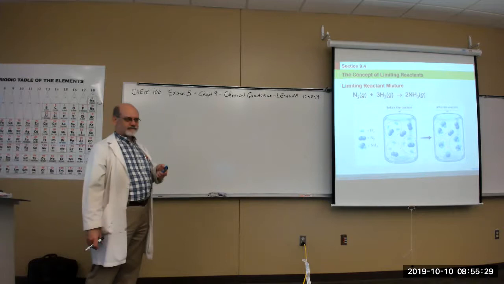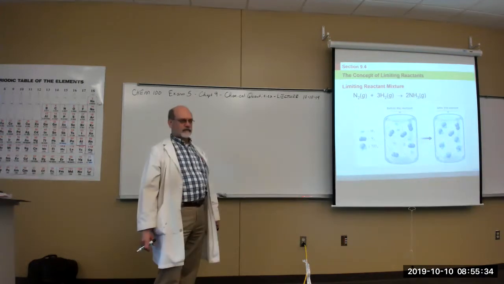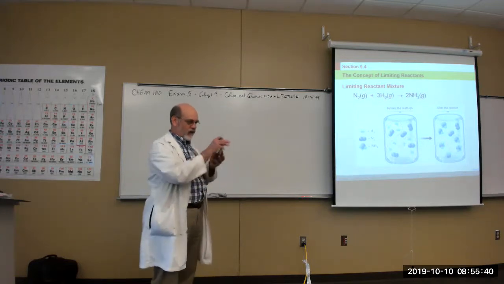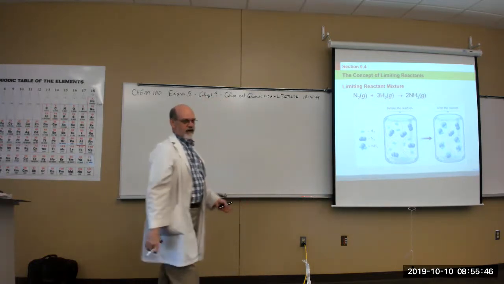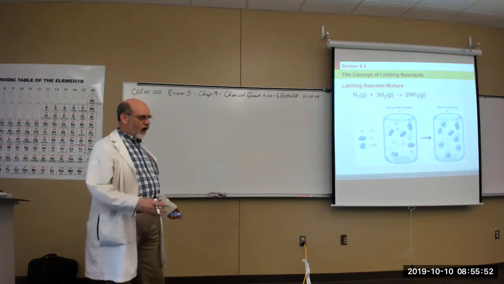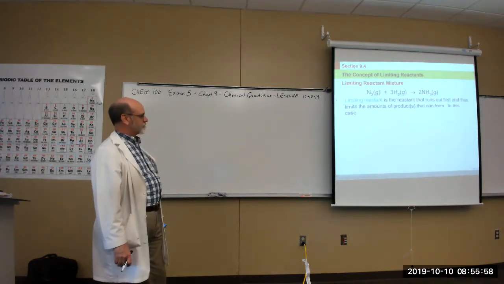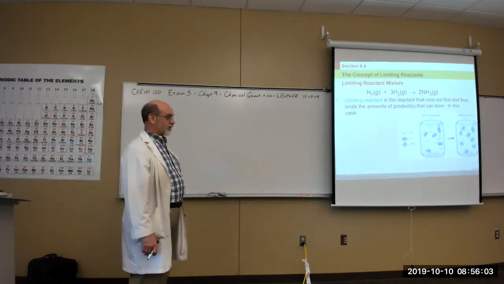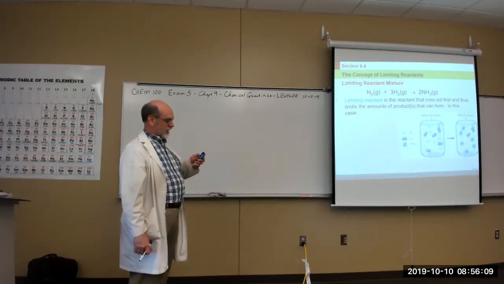One of them runs out first. And that nearly always happens. I think I'm pretty safe in saying that always happens. The only way you could guarantee this to happen is if you could get down to that size and pick them out one at a time and say, this is your partner, you go over there. This is your partner, you can't do that, right? We're on the macro scale. So limiting reactants are always an issue. Okay, so there's your definition. And in this case, the limiting reactant is hydrogen. It runs out. There's no hydrogen left on the other side, but there is nitrogen